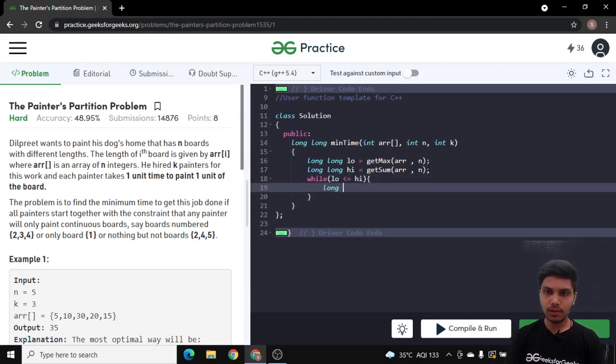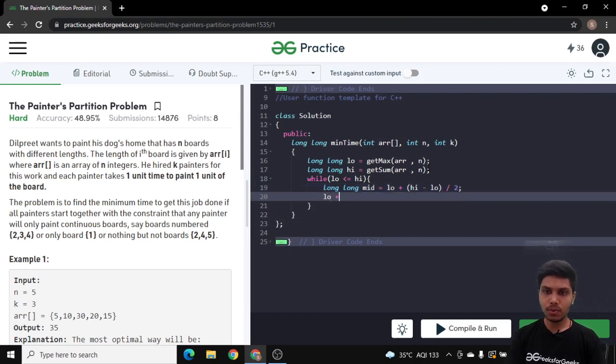So first we will calculate our mid. How will we calculate our mid? We will calculate it with this formula, which is the same as low plus high divided by 2.